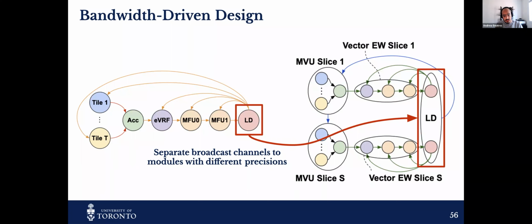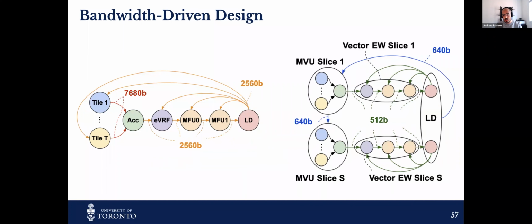So a lot of details here, but really the high level message is that we needed to look at the application that we took for granted from an FPGA baseline implementation and look into how we can make it more distributed and manage the output and input bandwidth of those different modules. And once we do this, we have very manageable bus sizes between the modules that need to hop over the NoC. And this is what we call a bandwidth-driven approach of restructuring the NPU to be ready to be hooked up to a